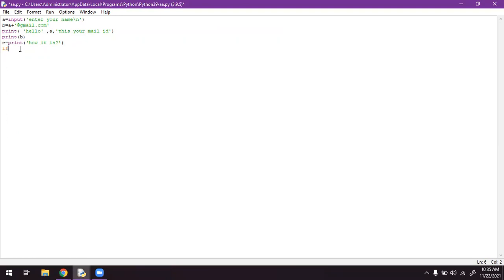if the response is yes, then what will happen? See, if e equals, in double equals, quotation yes, then we have to close this syntax and print thank you.